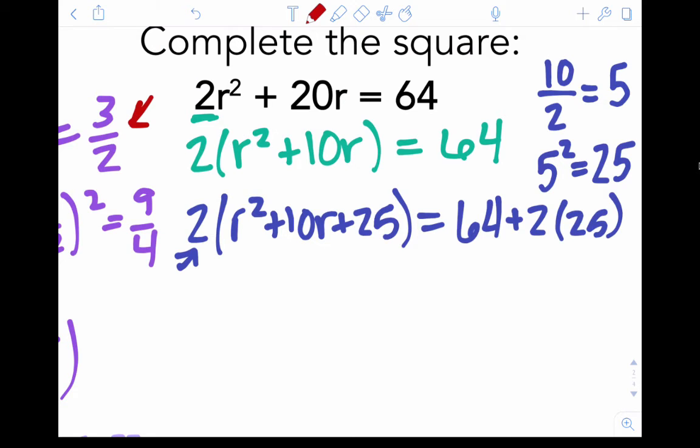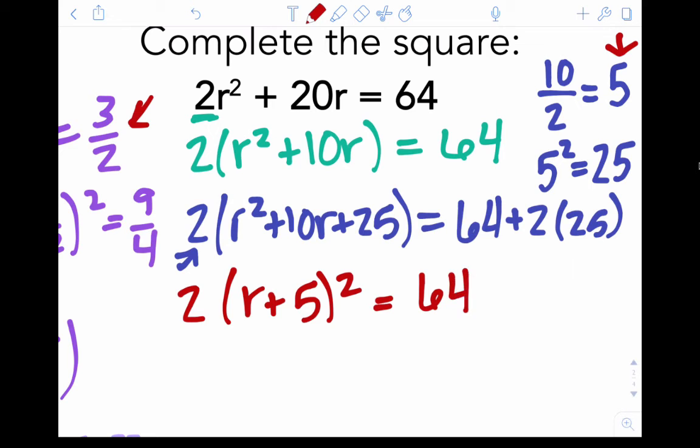Now I need to write this as a squared expression. So r squared plus 10r plus 25 becomes r plus 5 squared. So I'm using that number there, and I'm multiplying this by 2 still. And then on the right side, I'm just going to simplify this. So I have 64 plus 50. And when I simplify that one more time, I get 2 times the quantity r plus 5 squared is equal